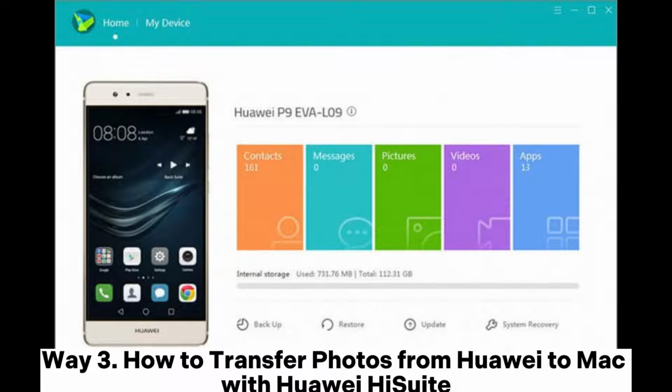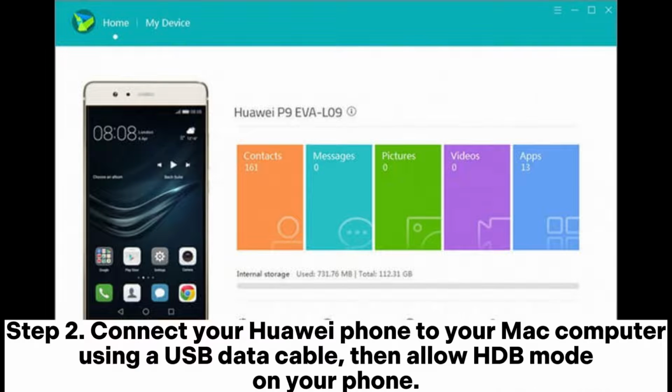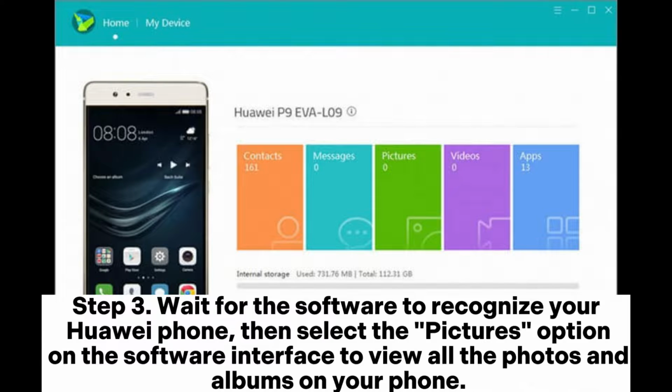Way 3. How to transfer photos from Huawei to Mac with Huawei HiSuite. Step 1. Download and install the Huawei HiSuite software on your Mac computer, then launch it. Step 2. Connect your Huawei phone to your Mac computer using a USB data cable, then allow HDB mode on your phone. Step 3. Wait for the software to recognize your Huawei phone, then select the Pictures option on the